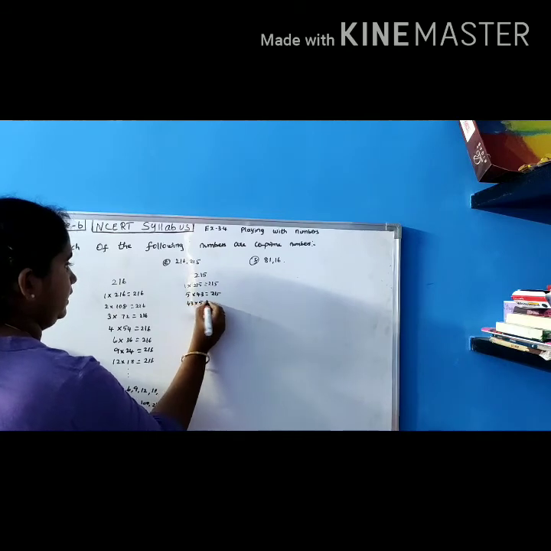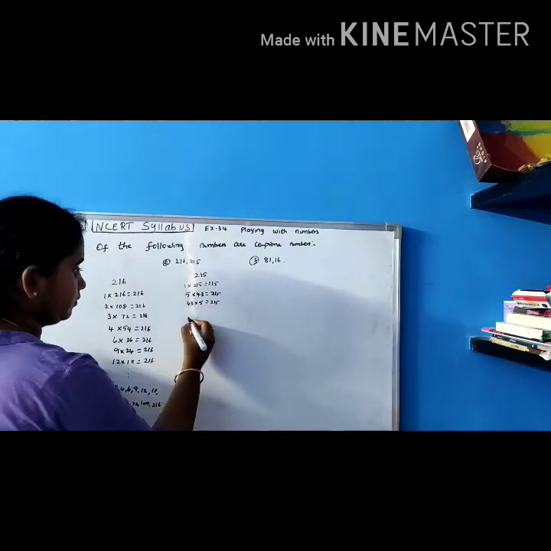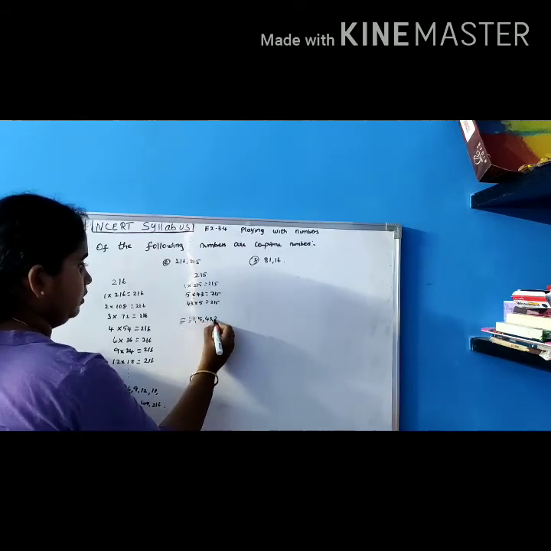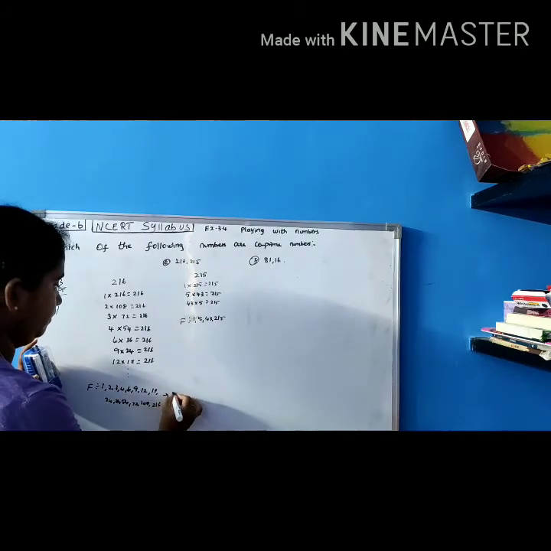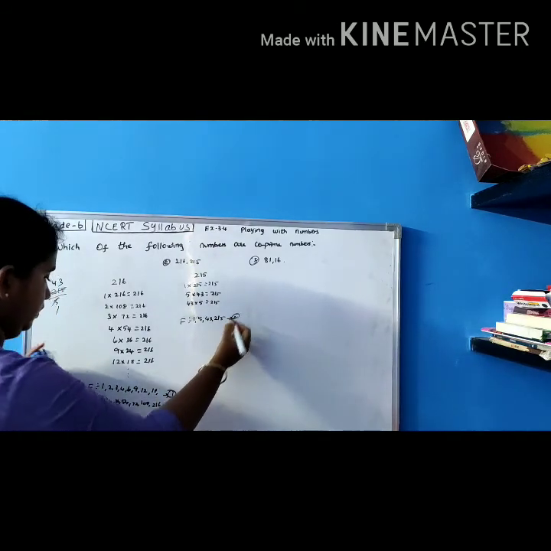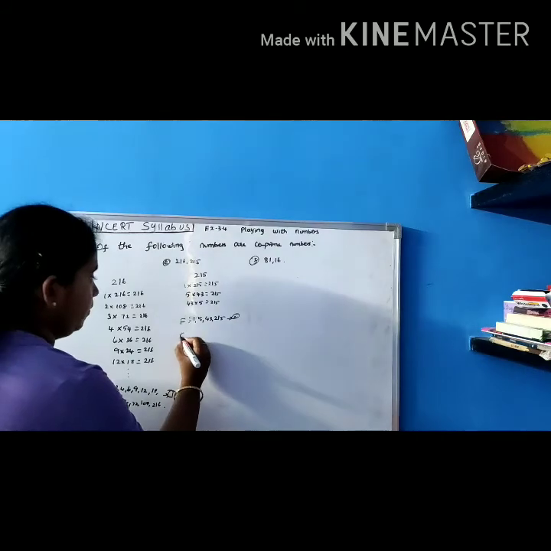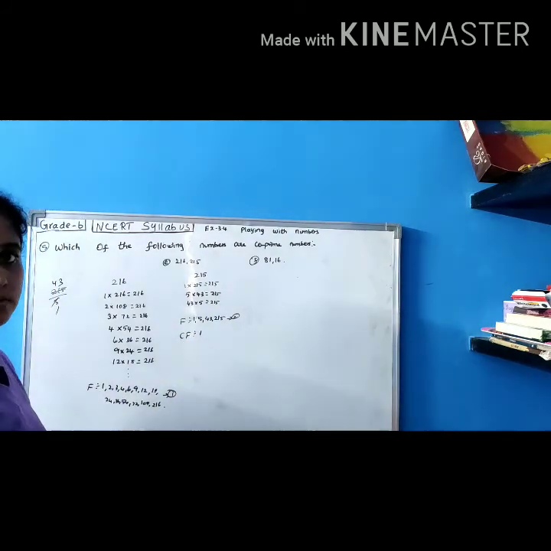43 into 5 gives you 215. Stopping up to this because that's all. Factors are 1, 5, 43, 215. Okay. Now compare this 1 and 2. Do you have any common factor? 43 is here, 5 is here, 215 is here. No. So I got the common factor to be only 1. So the given numbers are co-prime numbers. Okay.